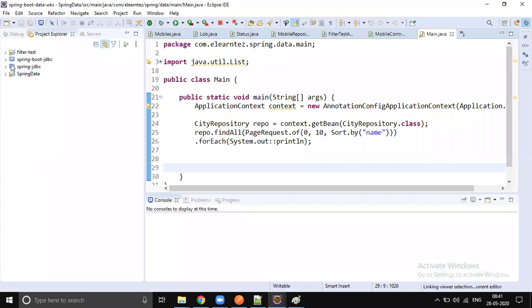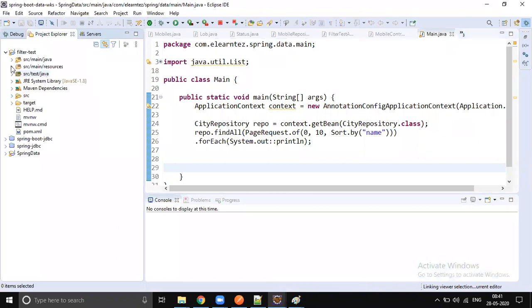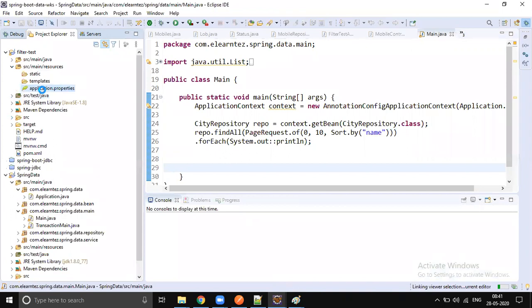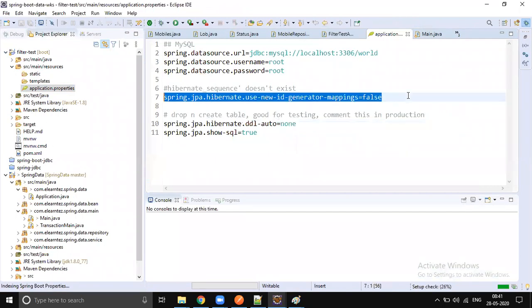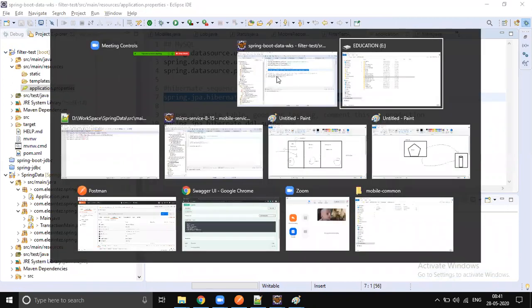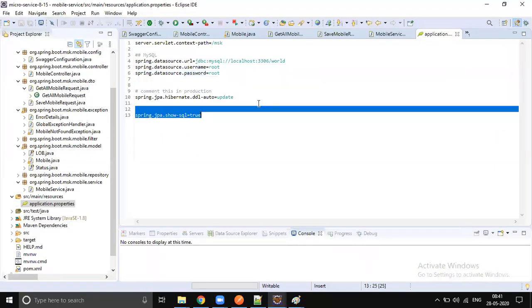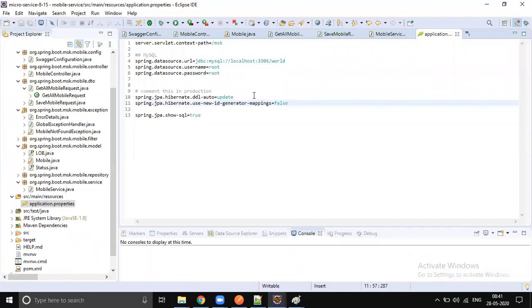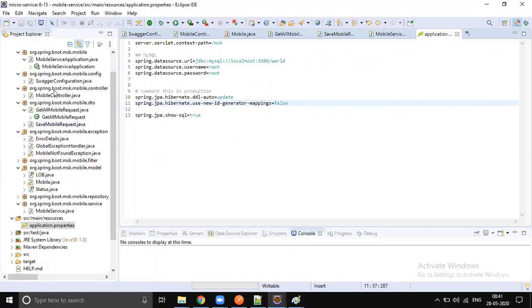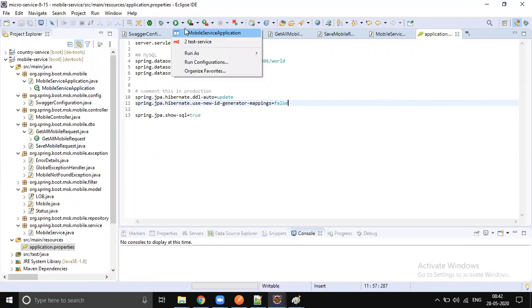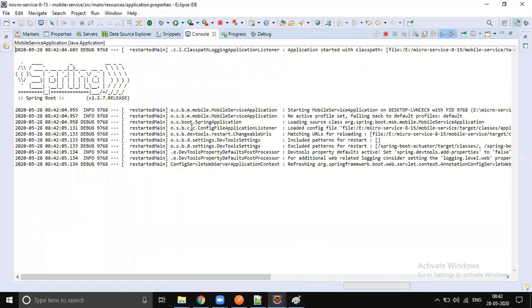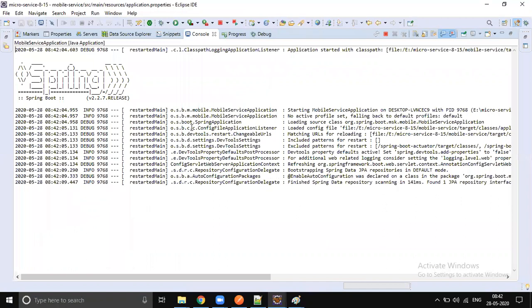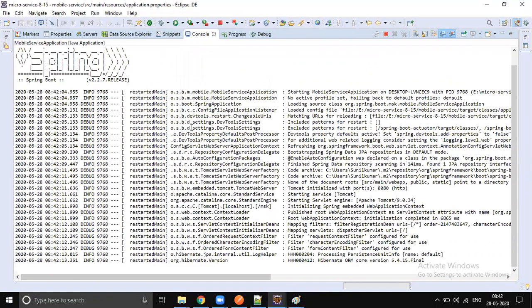Let's go to resources. Yes, data JPA, this one, ID generator mappings. There is one field which will avoid doing some scanning. So this should be fast now. If it is not fast, then we have to check. Some mapping is happening, that's why it is taking time. The database connection is taking time just due to some scanning.